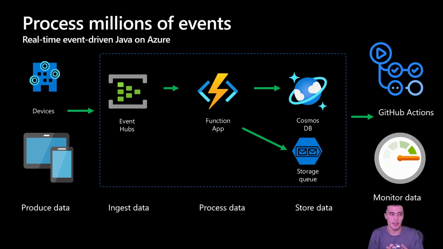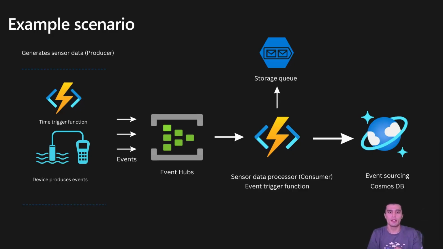Let's take this example, and we can now break down each component in this event-driven architecture and learn how they can be useful for our example scenario. Assume that we are receiving telemetry data from a device with a simple sensor connected that measures temperature and pressure. The first function in this case just simulates telemetry data generation, and it sends events to an event hub in the next step.